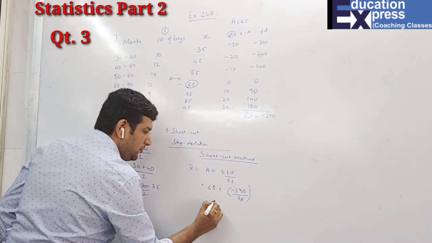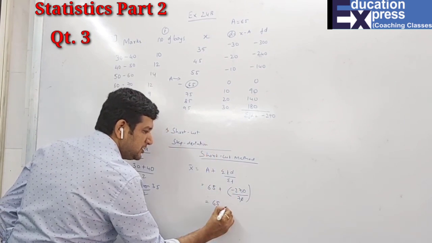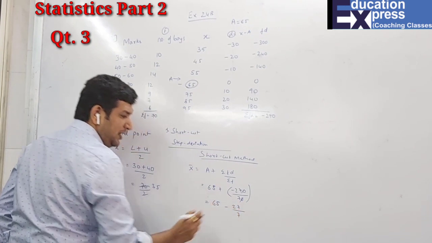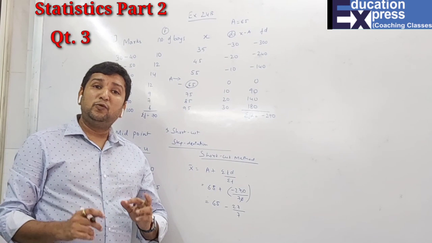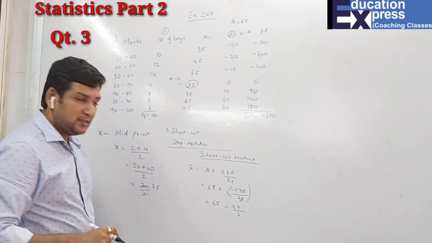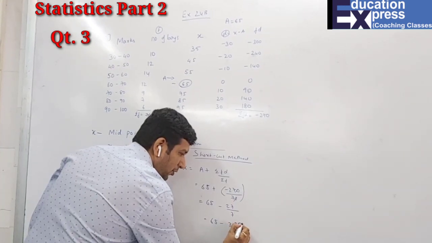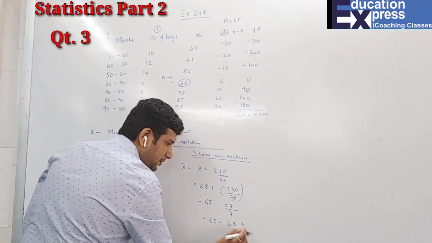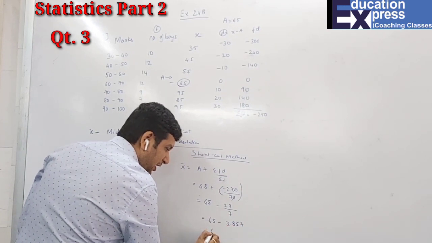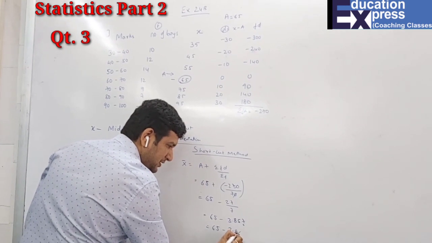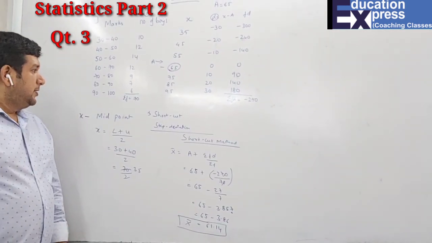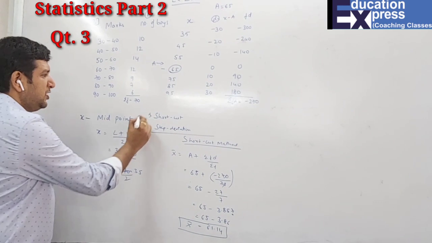So students, over here 65 plus into minus is minus 27 upon 7. I have told you earlier also, don't take LCM. First just divide 27 by 7, up to how many decimals? Round up to 2 decimals. Now the answer is 3.857, which we round off to 2 decimals. Third decimal is more than 5, so 3.86. This first we have finished, the shortcut.